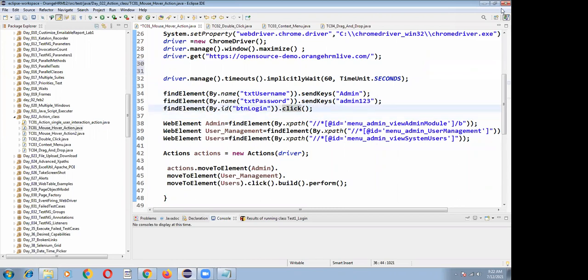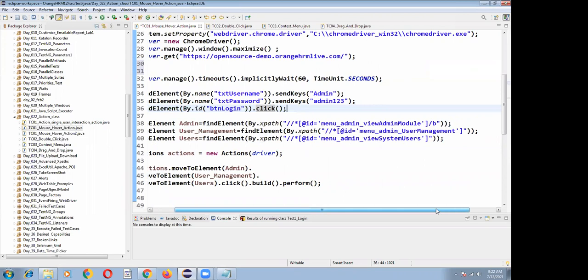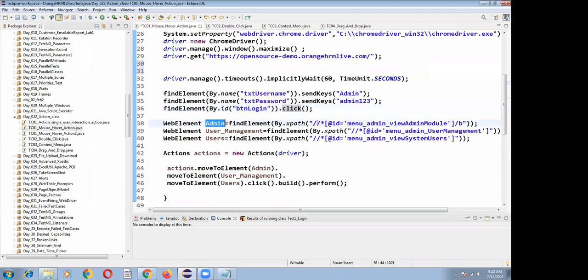After that, I am creating the web element Admin, the web element User Management, and the web element Users. Like that, I have created the web element objects Admin, User Management, and Users. I have created all these web elements.